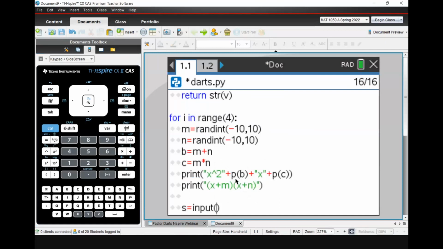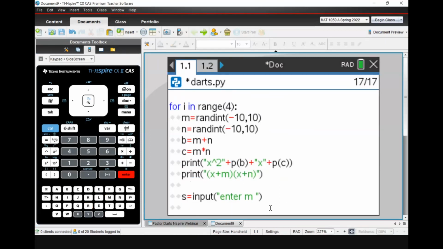Does anybody know what's going to happen while he types in his question? Anybody throw that in the chat? What's going to happen when he runs that? Well,